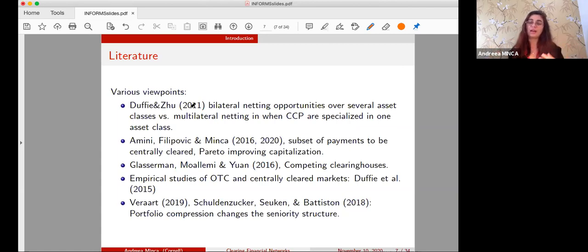So losses that come from everybody who is a member of the clearinghouse. There's also very nice work by Glasserman and co-authors on competing clearinghouses, and on portfolio compression. Recent works have turned their attention to these additional network services, and what they find is that these network services are going to change the seniority structure in the network. So those are points that have been only recently made in the literature, and part of this tutorial is to